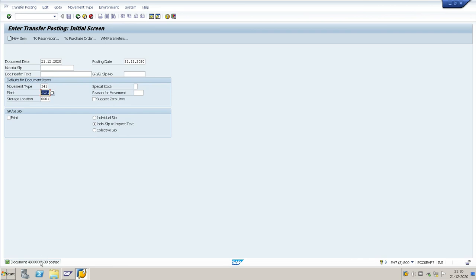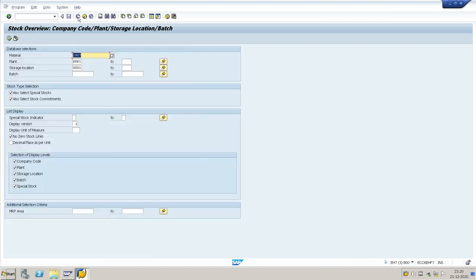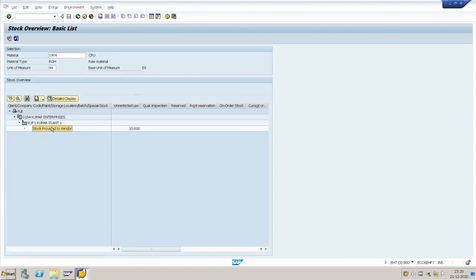So now the parts are sent to the subcontractor. We see the stock using T code MMVE. For 2906, you see here stock provided to vendor, quantity is 10. Like the same for 2907, stock provided to vendor, quantity 10.